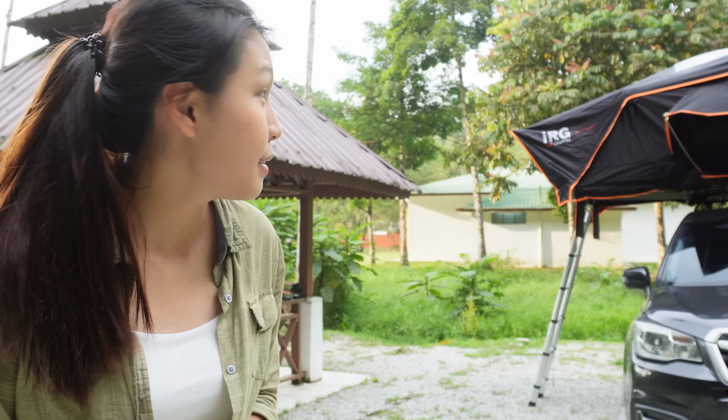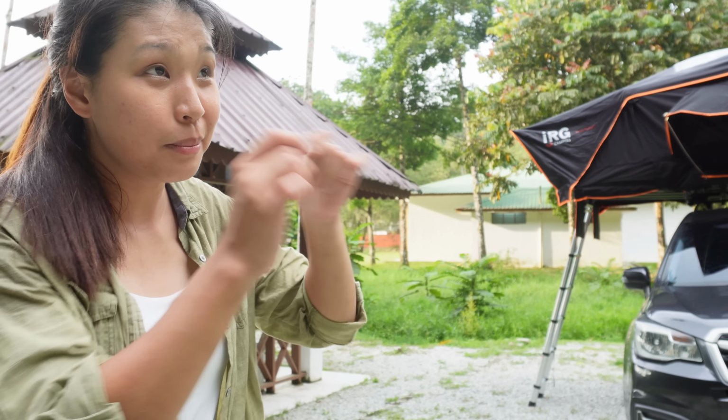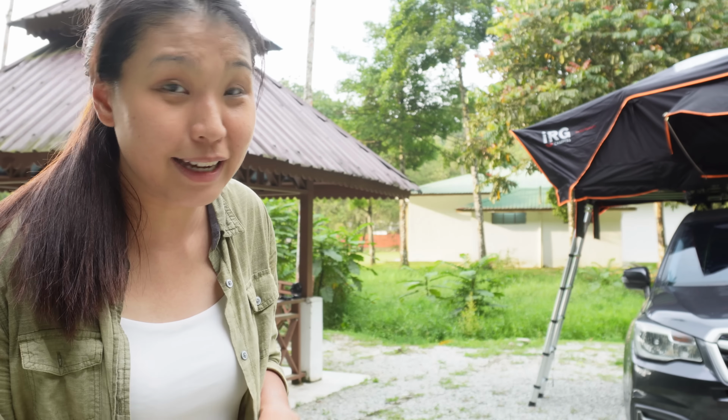Alright, pretty much set. I'm just gonna put the bedsheet on and throw my pillow in and then put up some fairy lights. And we're done. I don't think I'm even gonna put the awning up because we've got this beautiful gazebo here just beside the car, and there's also a table and chairs there, so yep,